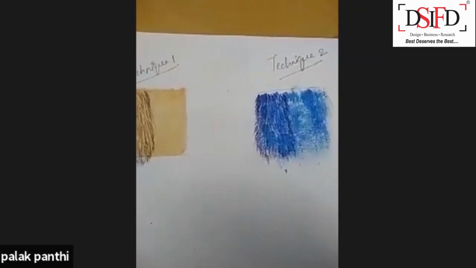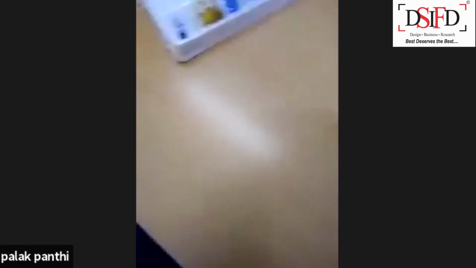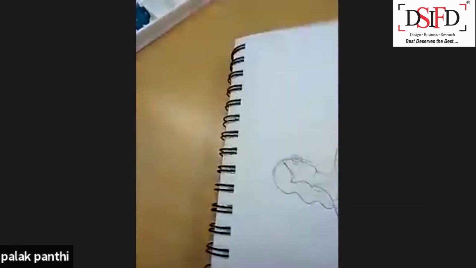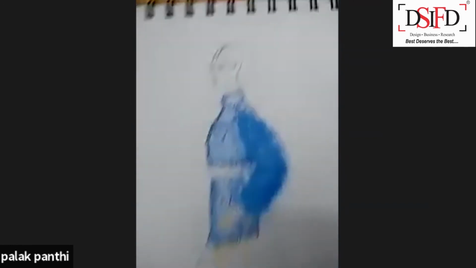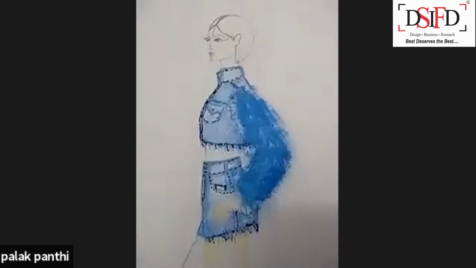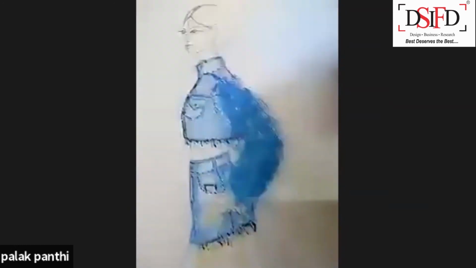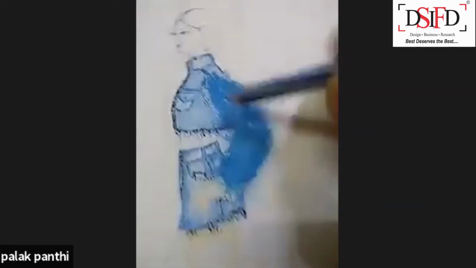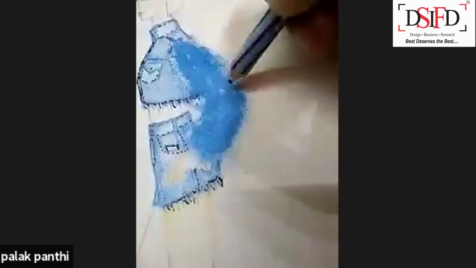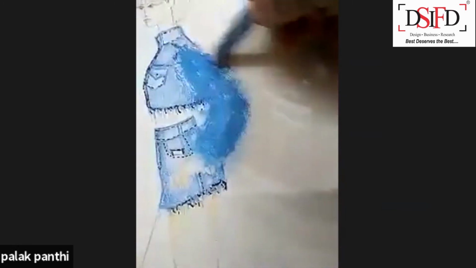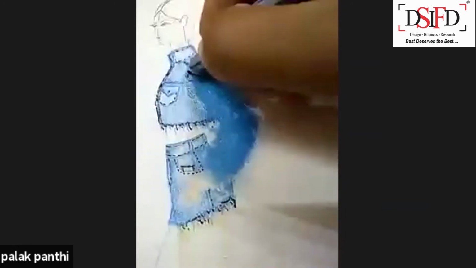These two are the ways of doing fur. Let me just show you what we did yesterday with denim. There was a sleeve of fur that was incomplete. This is an incomplete one. I just gave a base over here. So here also what you can do is, and here also you see, I have given a huge sleeve. According to her, the arm was thinner than this, but I gave extra area.